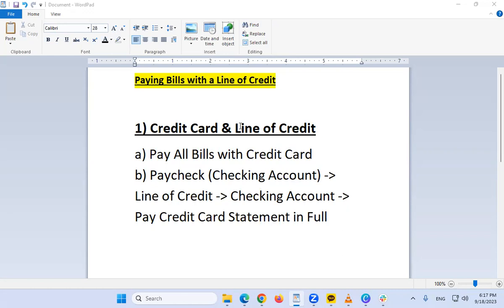But there are different types of lines of credit. So when I talk about line of credit here, that is actually a little bit different from, let's say, a credit card because that's describing a personal, business, or home equity line of credit. And the minor difference between those types of lines of credit versus a credit card, even though a credit card is a line of credit, is that with a personal line of credit, let's say you click a button on your bank's website and you withdraw, I don't know, $500 of cash into your checking account, borrowing at a 15% interest rate. The moment that you click that button and you withdraw cash from the line of credit, you're being charged interest